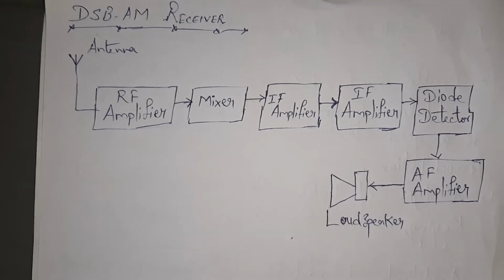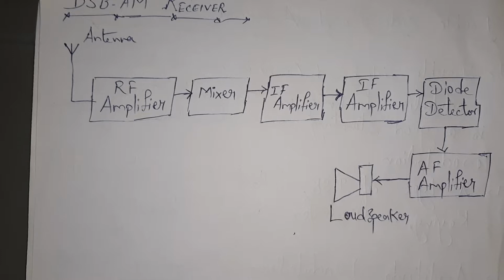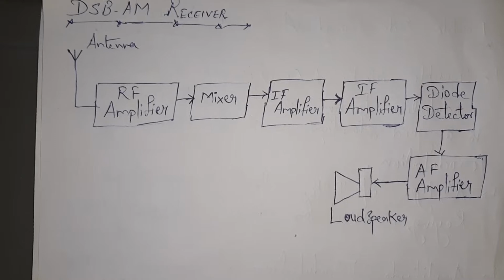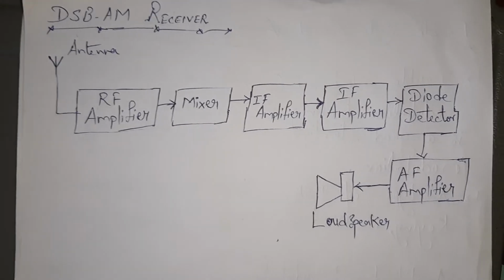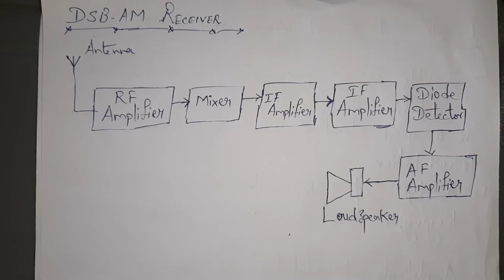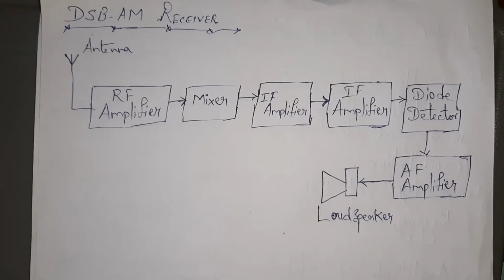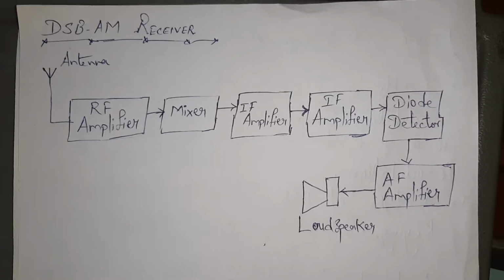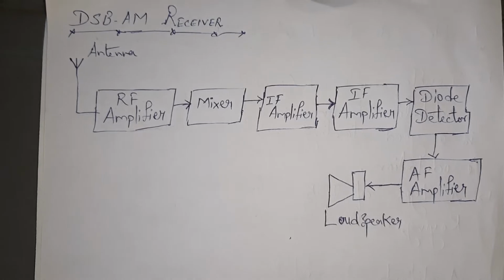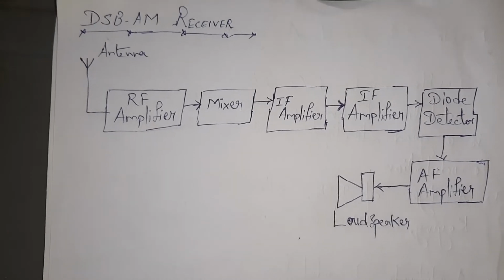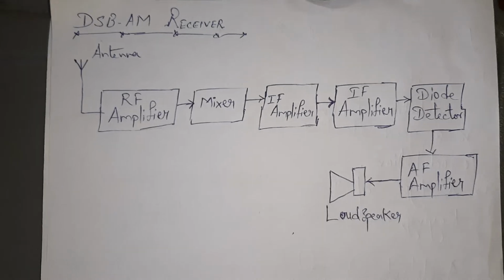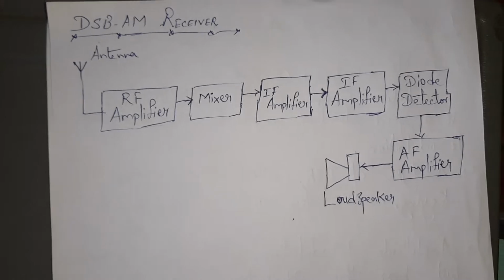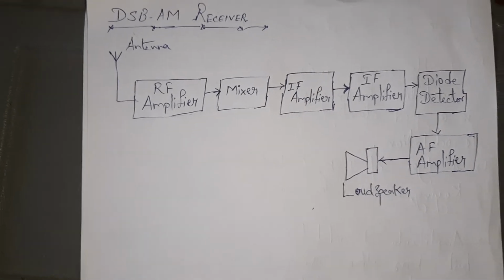Here the actual voltage generated in this antenna is very small, usually less than 50 millivolts, and often you can observe a few microvolts also. The voltage supplied to the loudspeaker at the output of the receiver is up to 10 volts. That 10 volts output we can also observe with the help of a CRO. So we can see the need for a lot of amplification. Here there are different blocks available, so one by one we will check the role of each of these blocks.